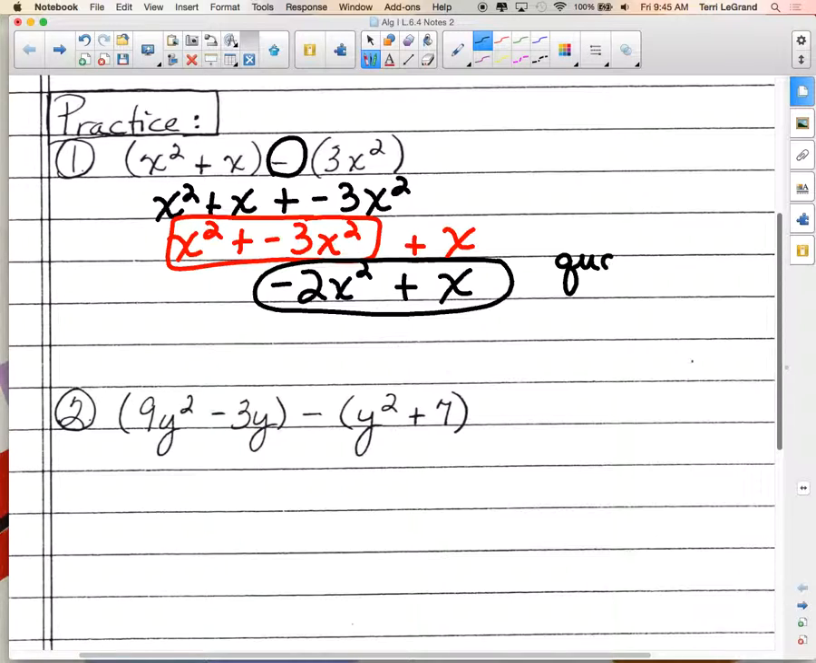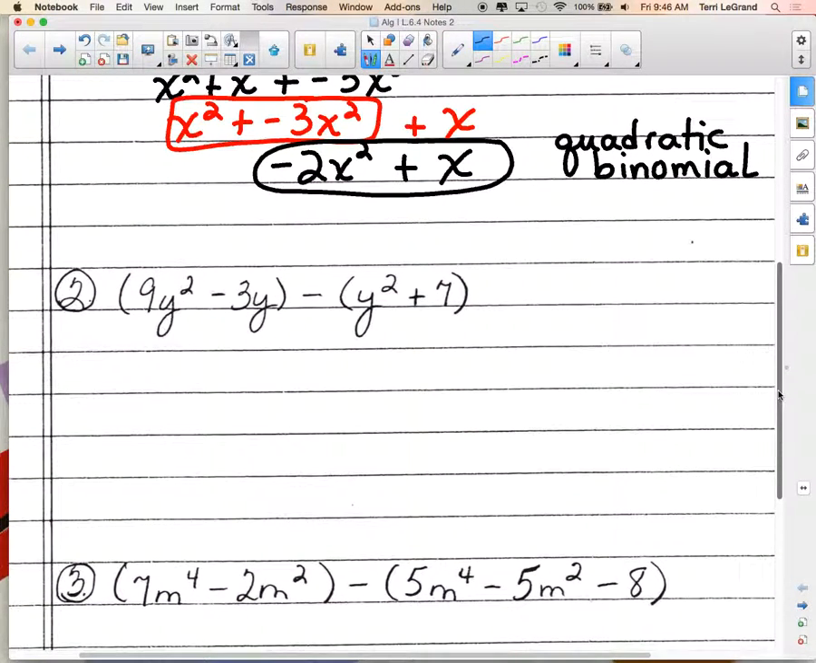Quadratic binomial, because it's degree 2, that makes it quadratic. It has 2 terms, that makes it binomial. Next question, what's the leading coefficient? Negative 2. Yeah. The coefficient on the first term, when it is in standard form, is considered the leading coefficient. So,